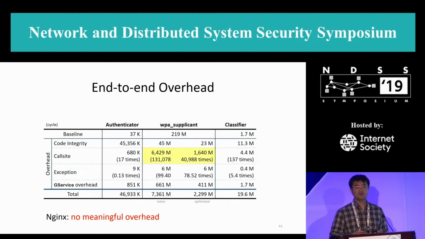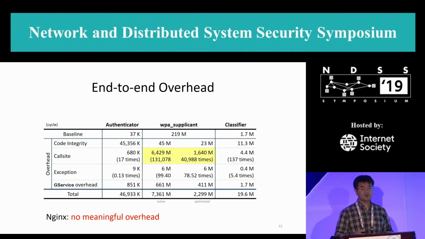This is the end-to-end overhead with the real applications, and I want to highlight this yellow box. We first applied Ginseng to WPA supplicant using a very naive approach. And then we observed that a significant overhead comes from call site protection.